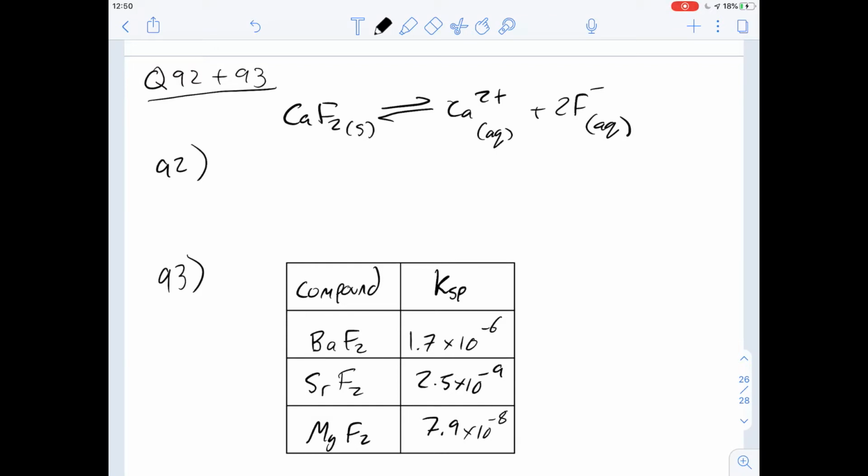92 says the fluoride ion of CaF2 is a weak base. It is the conjugate base of the weak acid HF. As a result, CaF2 is more soluble in which solution? Okay, so if it's a weak base, it will want to react with an acid, and what will happen then